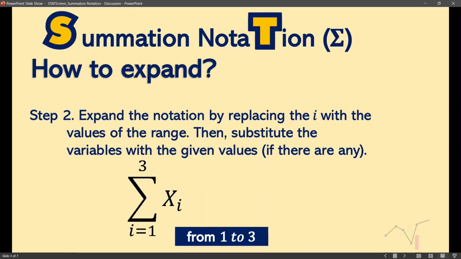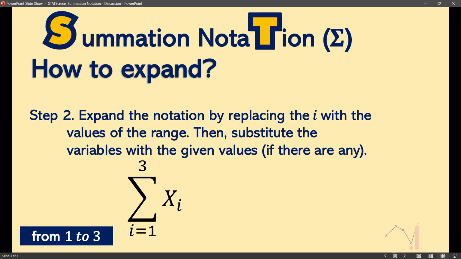Step 2. We now expand the notation by replacing the i with the values of the range. Again, our range is from 1 to 3. Then, we will substitute the given values if there are any later. So let's start with replacing the variable, which is labeled as i, with the values of the range. In short, your first value in your summation notation is equal to,